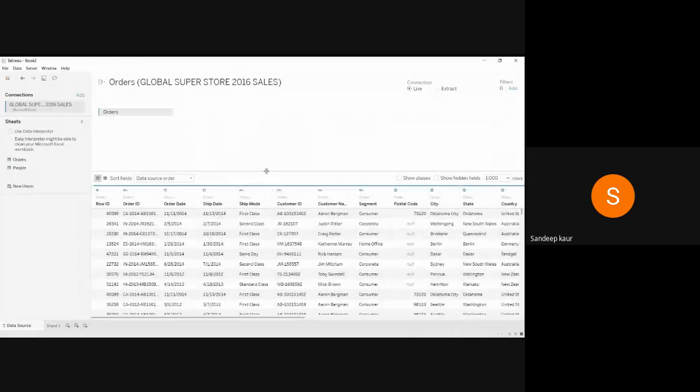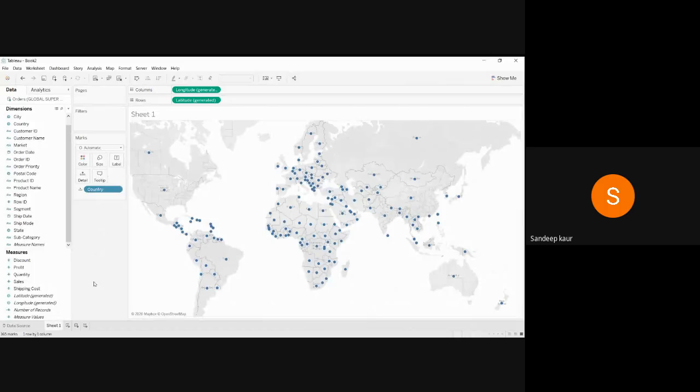You can see here we have the global superstore data set, right? So we have dragged in the orders sheet. And what I'm going to do is perform the first analysis, which is checking the profit country-wise or state-wise, right? We've already dragged in the countries. And I'm going to drag in the state,